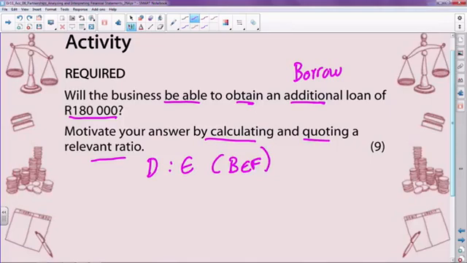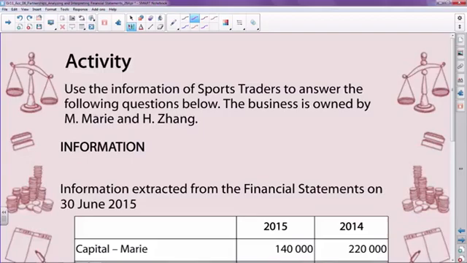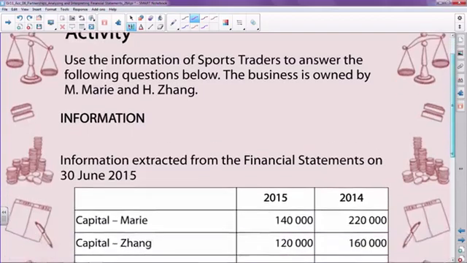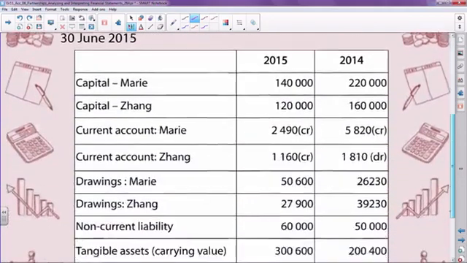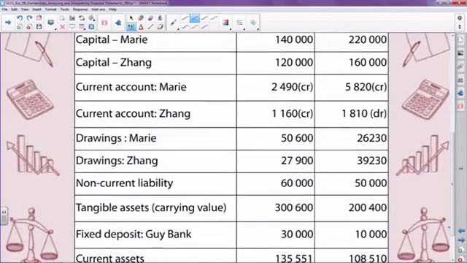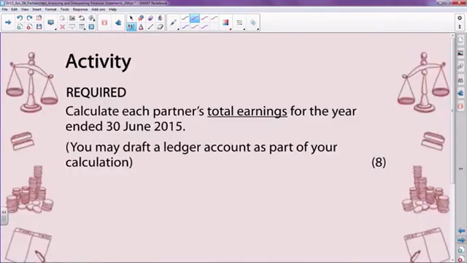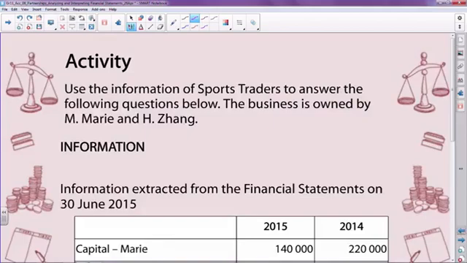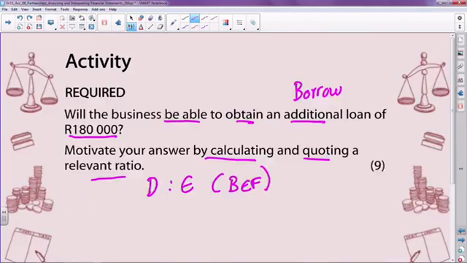So let's start firstly with debt. So let's go to our information sheet. Debt, remember, refers to your non-current liability for 2015, which is sitting at 50,000. Sorry, 60,000. 50,000 was for 2014. So 60,000, let's take that amount through. So your debt, an amount of 60,000, and then equity for